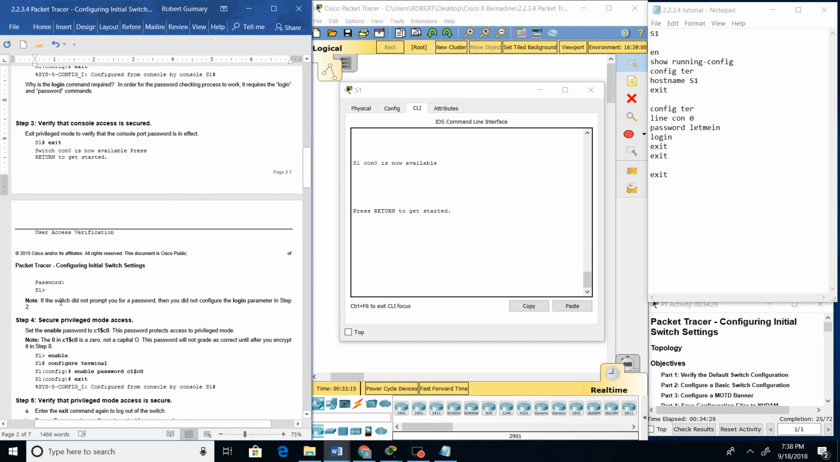If the switch did not prompt you for a password, then you did not configure login. I keep saying that. Login parameter in step 2. Step 4, secure privileged mode access. Set the enable password to